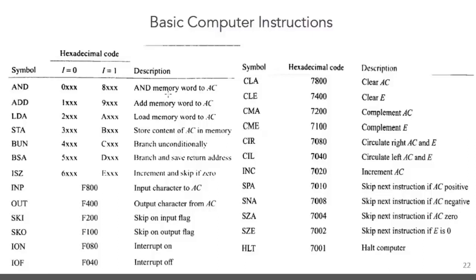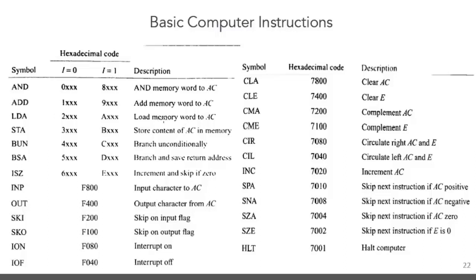That means whatever the value is stored on the memory word. Memory word means one memory location. So whatever the value of operand is present in the memory location, it will be multiplied with the content of accumulator. Okay. So in the add, the content of the memory word will be added to the content of accumulator, and the result will get stored in the accumulator.